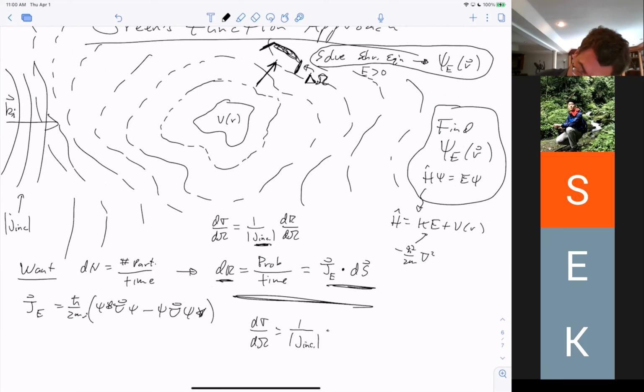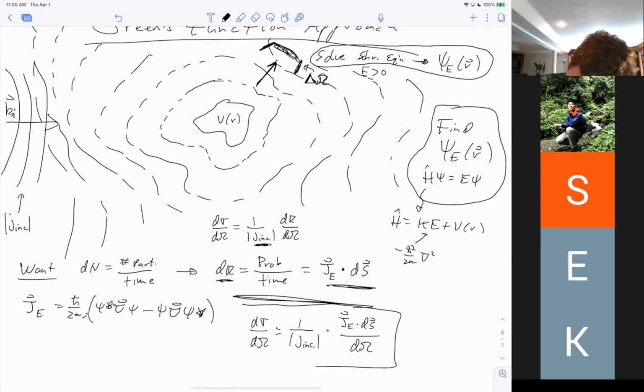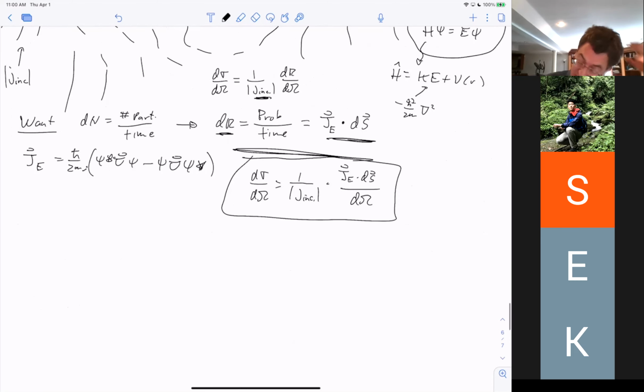times, if I want to know what goes into my detector, I just have to calculate my J dot ds of my detector divided by d omega of my detector. And so this then is the differential cross section. Okay, so that is a more exact expression. There's more physics in this expression than there was in the last one. So this is the proper way to do it. But this way is harder. It's better,